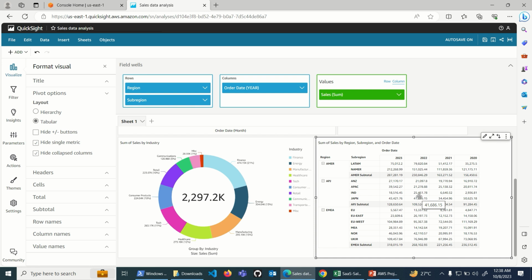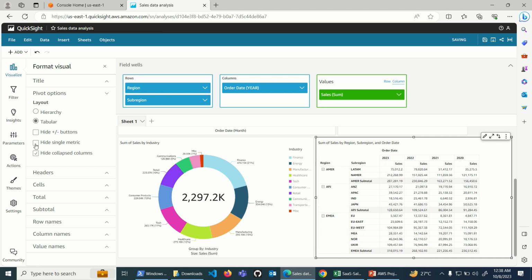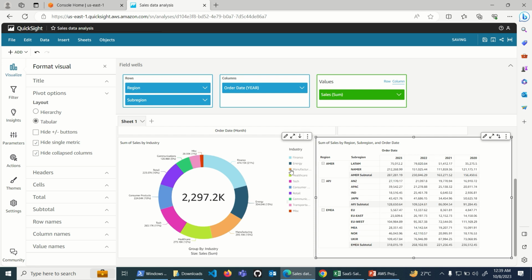After formatting this particular pivot, it actually removed the sales header. So if we change it like this, it will remove that particular sales header and tell you that it is sum of sales for region and sub-region.